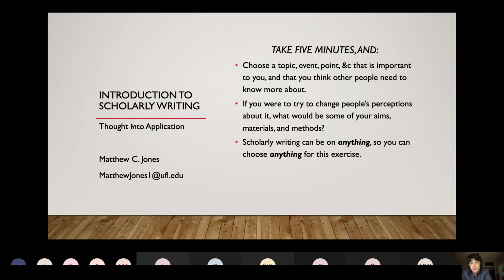So I want you to take, again, 5 minutes, write, type, whatever. And I want you to talk about an idea that is significant to you. Again, for today, it can be easygoing. It can be highly academic, or it can again be, you know, who should take over for Gareth Bale when he retires. He'll never retire. But take 5 minutes, talk about that, talk about why it should be important and how you would make it important to other people and what you would do to do that. Okay?